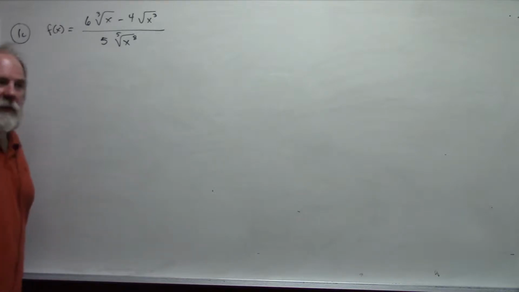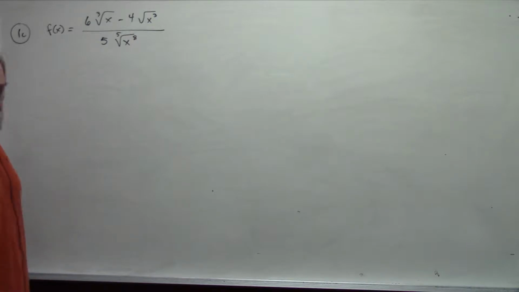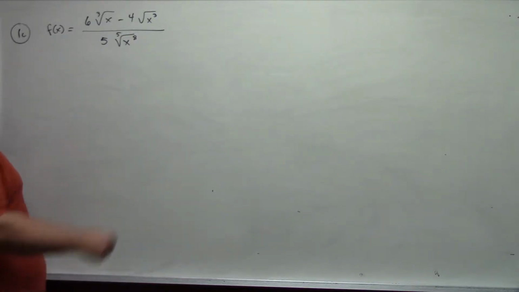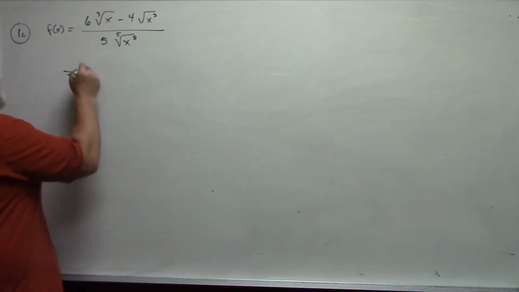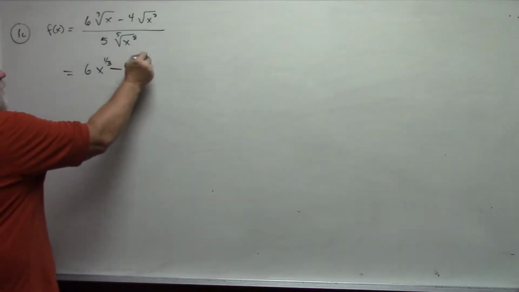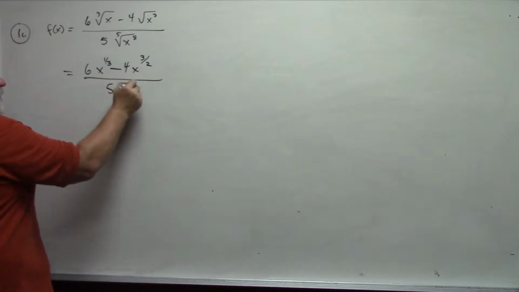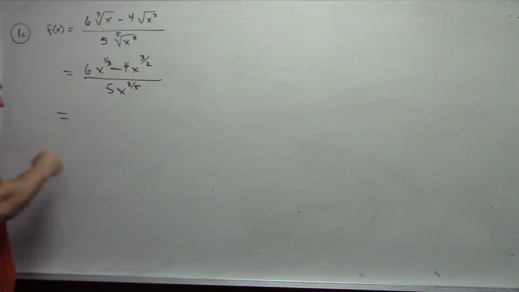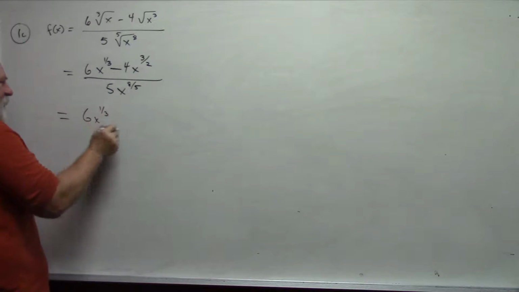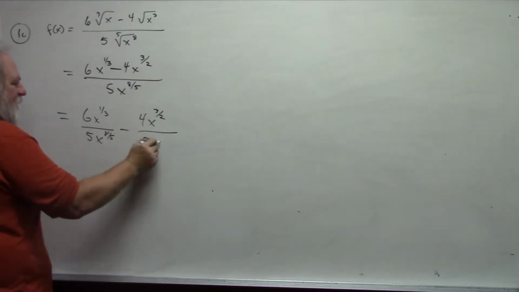As I had to do when we talked about derivatives of something like this, again, I will have to find the antiderivative. I need to simplify this algebraically. So I'm going to do exactly the same algebra at first. This is 6 x to the 1/3 minus 4 x to the 3/2 divided by 5 x to the 8/5, or 6x to the 1/3 over 5x to the 8/5 minus 4x to the 3/2 over 5x to the 8/5,